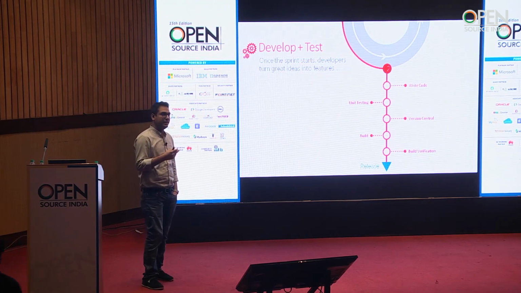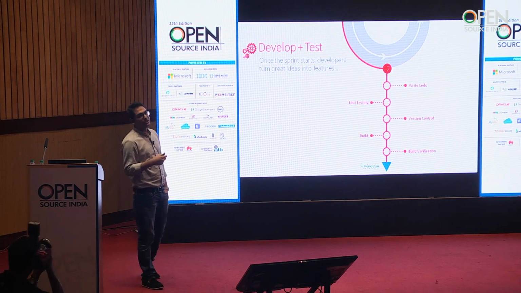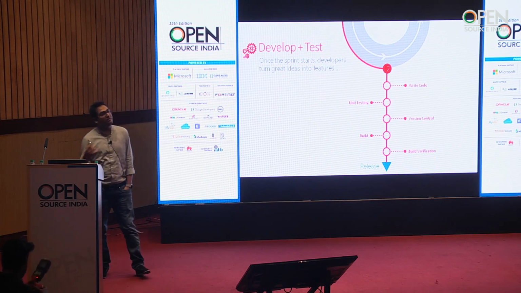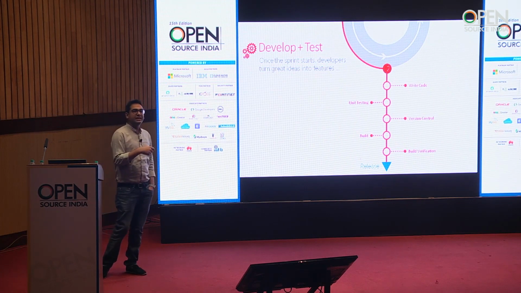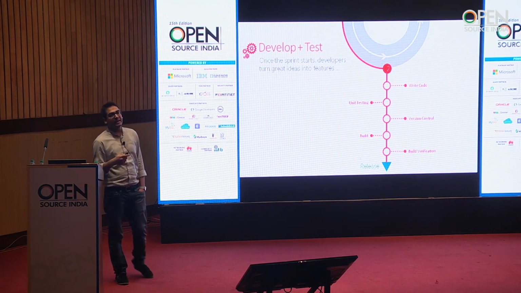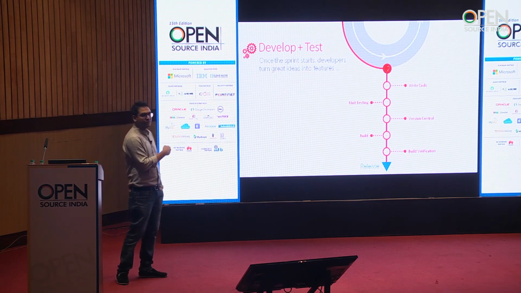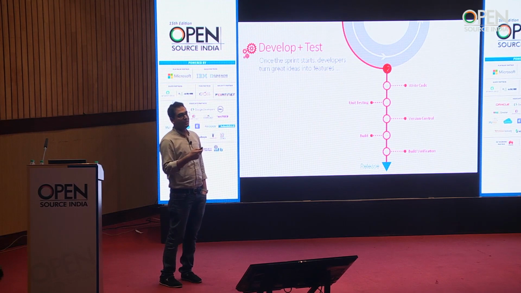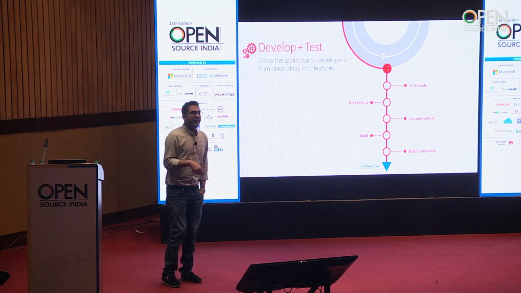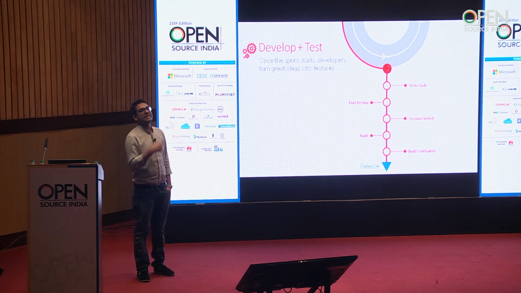In that development and testing process, what we suggest to our developers is that they implement the functionality, and build and test it in the local system. We use version control for that. For every check-in that is done in version control, a build is triggered, and for every build that is triggered, a test happens.